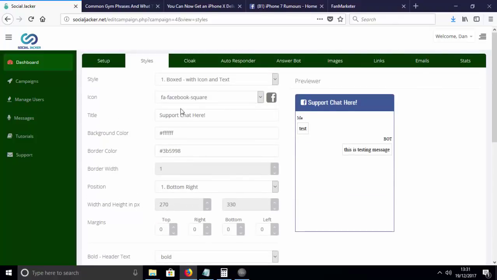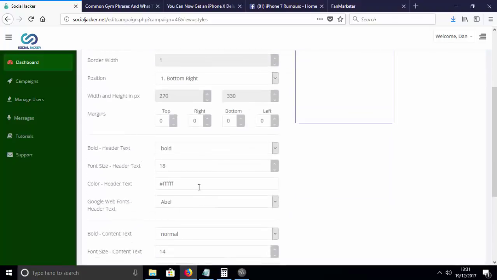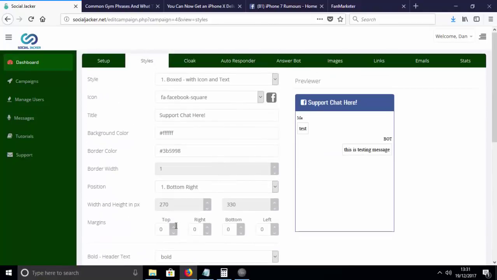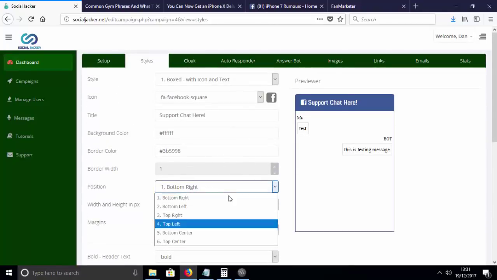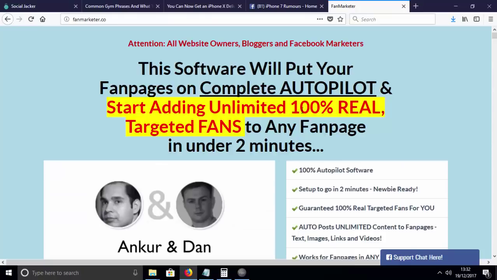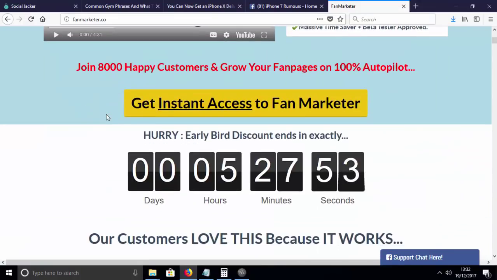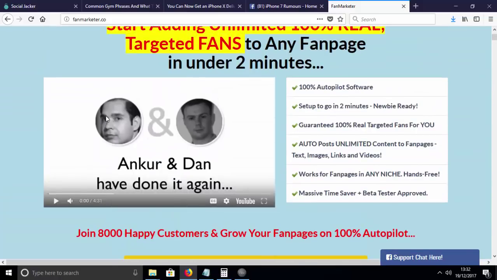You can change colours, fonts, you can put images in, you can put background images, you can change the width, you can change where it's displayed. There's loads and loads of options to get this displaying and looking exactly how you want it. In this example, I've deployed it on my own website. So this is a product sales page that Ankur and I did a few months ago for a product called